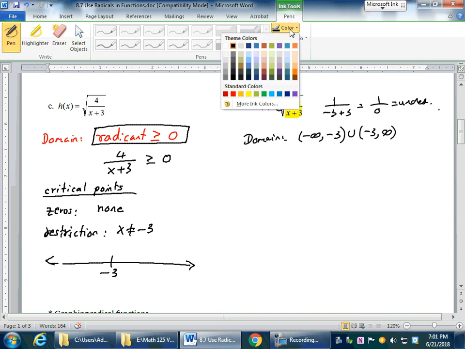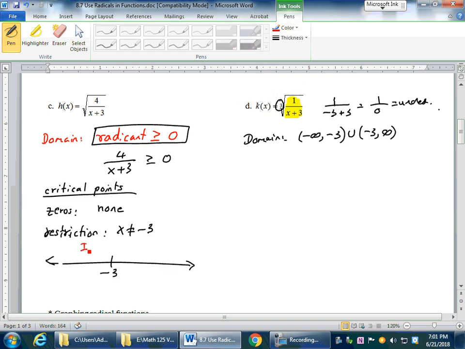This allows us to get interval 1 and interval 2. Now we're going to pick a number from each interval and test it. So I pick -4 and then I pick 0. When I substitute, remember that a restriction is never included, so it will be an open circle, right? So when I plug in -4 into this inequality,